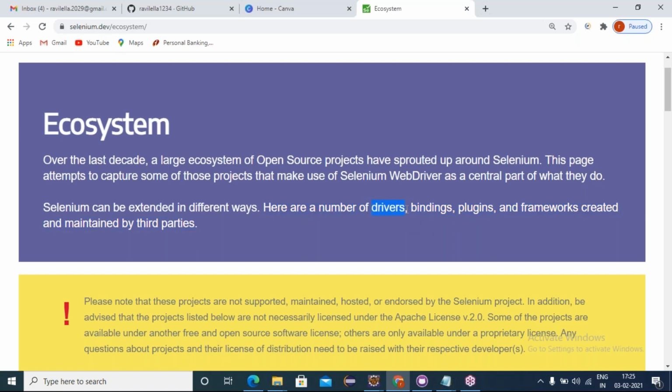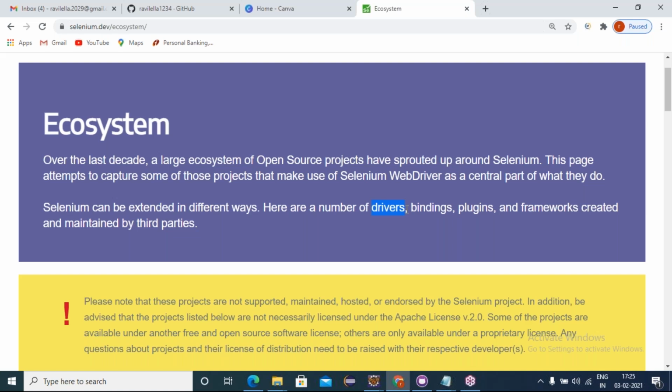Friends, drivers means what? Browser drivers. Selenium purely automates web applications. If you want to open any web application using any browser like Chrome or Firefox or IE, Microsoft Edge, we require browser drivers.